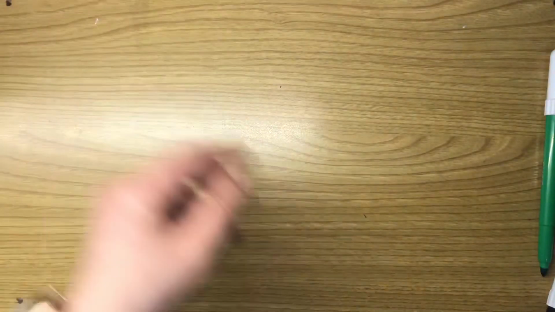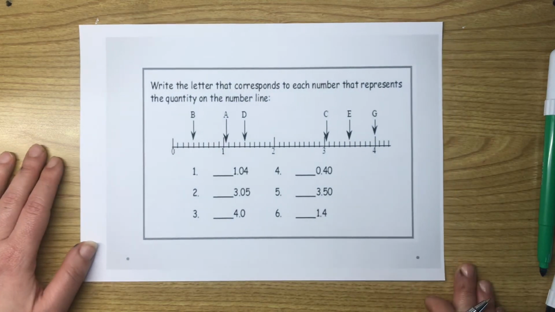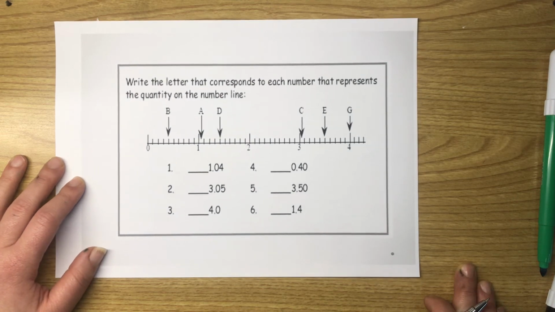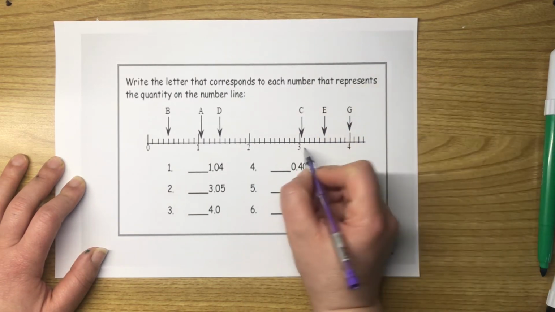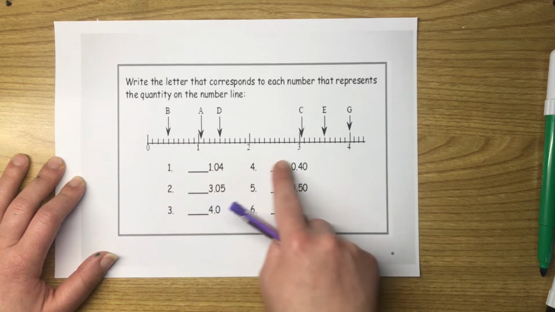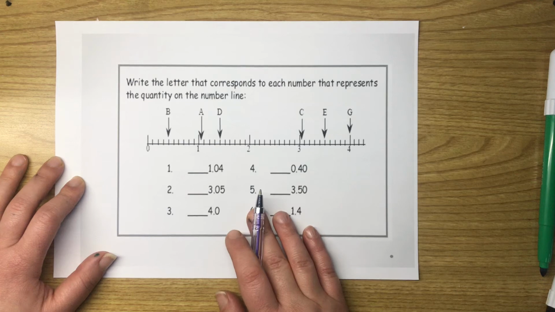Now an exercise here. Now write the letter that corresponds or equals to each number that represents the quantity on the number line. Okay, some of these arrows are pointing in the middle way between these two dashes. Okay, remember there's whole numbers here, right? I'm going to bring the paper closer if you need it to. So